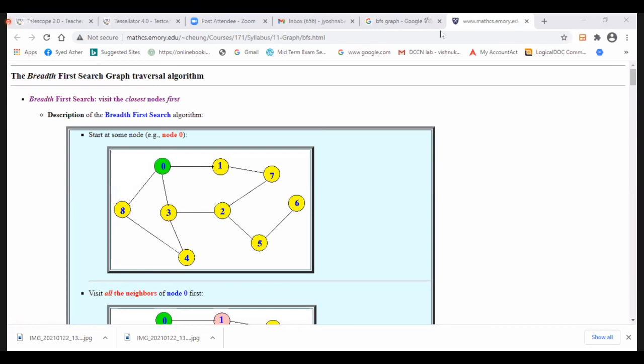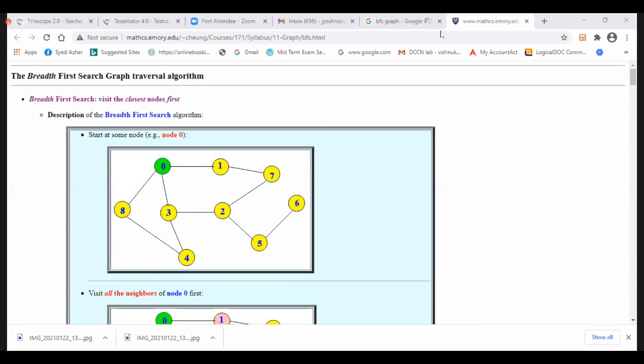Okay. Then I popped 3 from the queue. Then which vertex do I have to take from the queue? 8. So I'm taking 8 from the queue. What are the adjacent vertices for 8? 0 and 4, right? 0 and 4 are already visited. So we should pop 8 from the queue and take the next item from the queue.